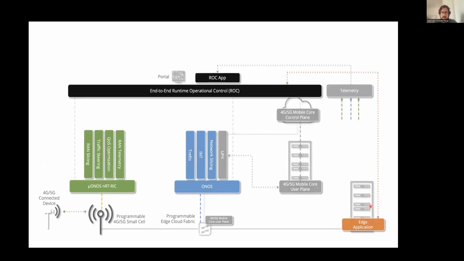In that case, the edge application required in the network slice programmed by ROC for that camera to have no strict bit rate requirements. When the edge application detected a person in the camera,